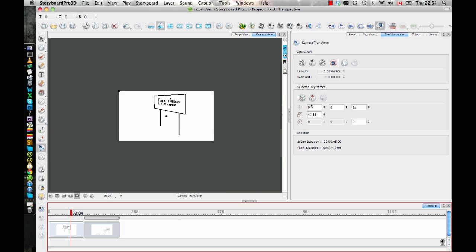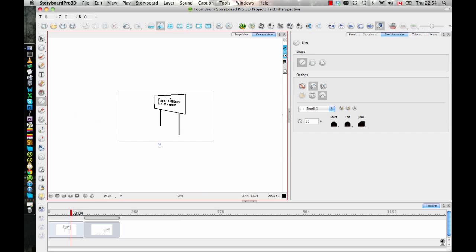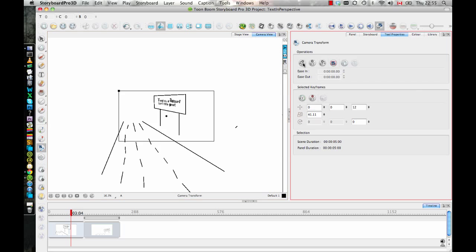Whereas if I did a similar thing in the 2D scene, let's go back to this 2D example, and I'll actually just draw the road in perspective in 2D, just to kind of show you what the difference looks like. So now, I can't actually rotate around my scene with Command and Shift because it's not a 3D scene. If I select my camera, I create first and last keyframes,